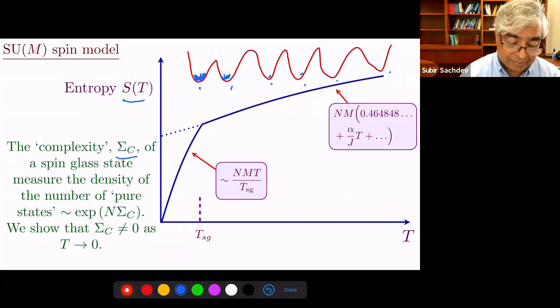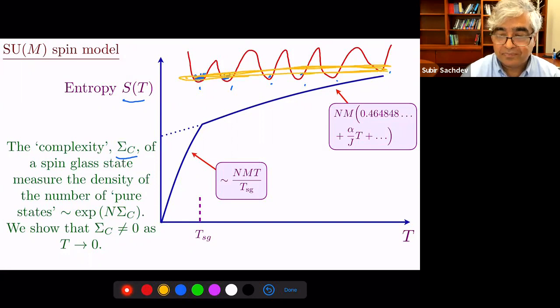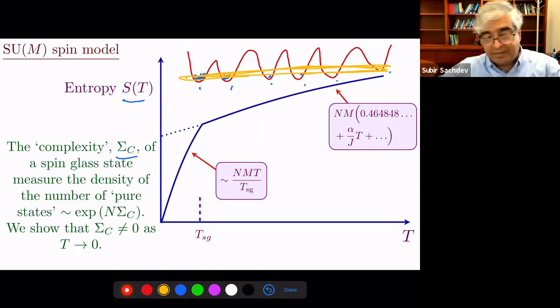Now, what happens in the SYK state is, in fact, these are not the correct states. The states are some different linear combination of all of these states. So you're exploring a much larger part of the phase space, and you get very different linear combinations. They're all exponentially close to each other, but none of them are frozen in any given valley. They're in fact different linear combinations of the many valleys.